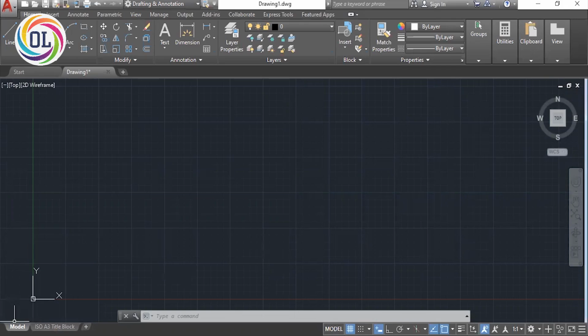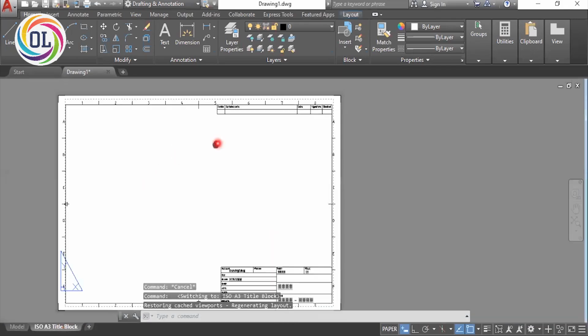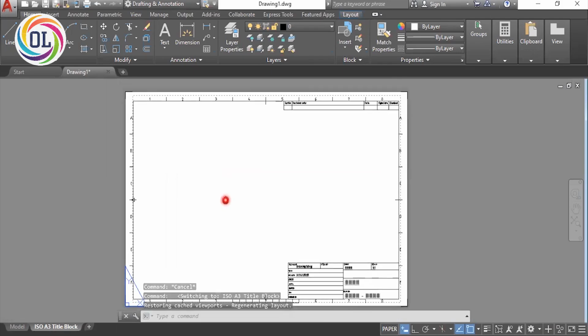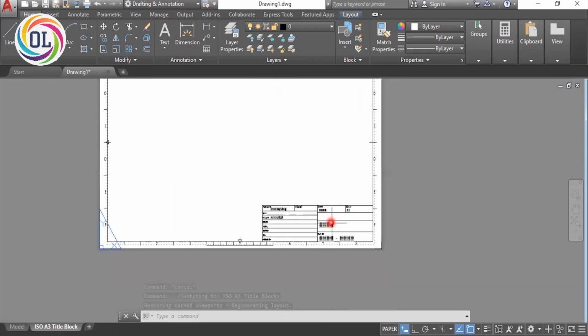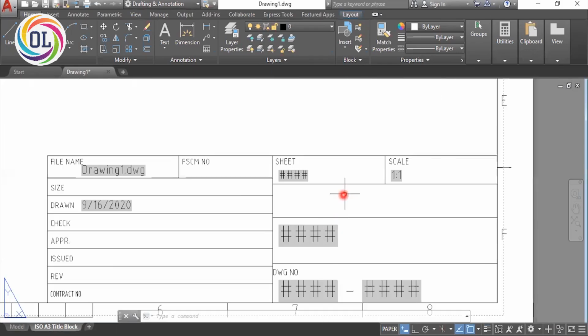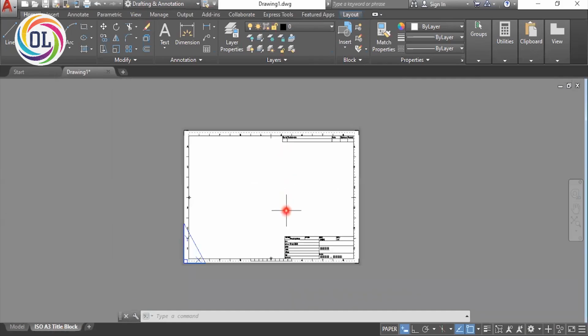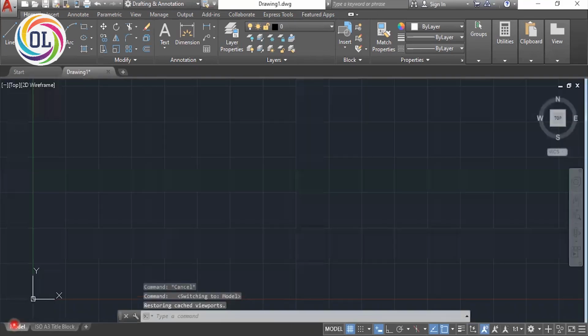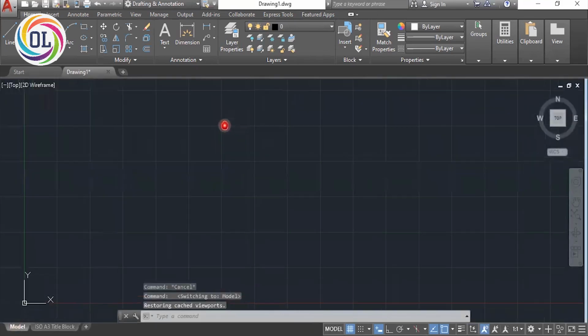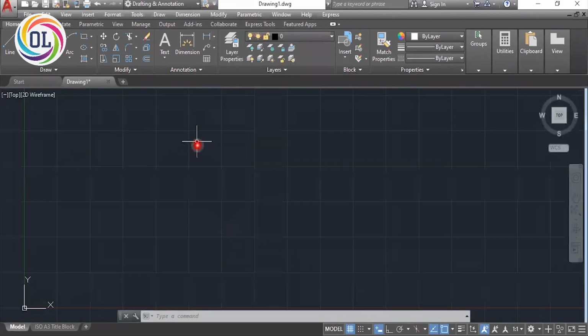We require a final drawing on paper using some layouts and a title block, so AutoCAD also has the facility to set our drawing onto standard sheets. So today let's show some basic features of AutoCAD, and clarify what the software is and how to use it.